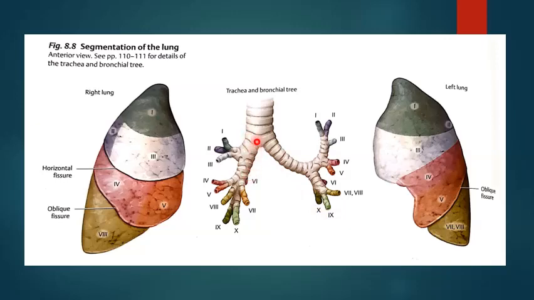So the right bronchus, in this image, if you observe, is shorter, right? The left one is longer, whereas the right one is shorter, broader and more vertical, if you see, right? Whereas the left one is narrower, longer and more oblique. So that's how the right bronchus is different from the left bronchus.